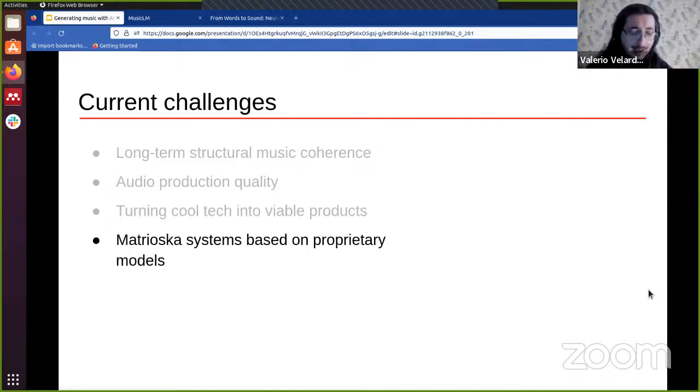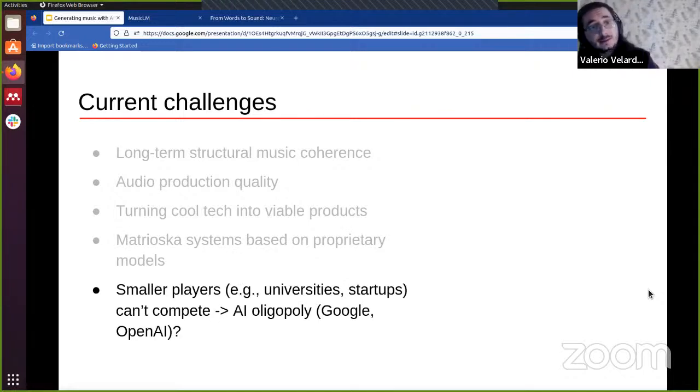viable products. And then another problem that I'm starting to see right now is that some of these systems, like MusicLM, are not just self-contained systems, but they are what I call matryoshka systems, in the sense that they're based on other systems that embed other systems. And many of these models are proprietary. So there is a huge barrier to entry to reproduce some of the best generative models that we have out there. And this point leads us to the final one, which is that given the high entry barrier